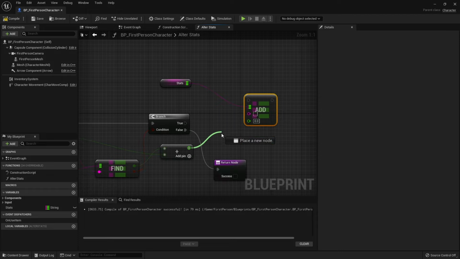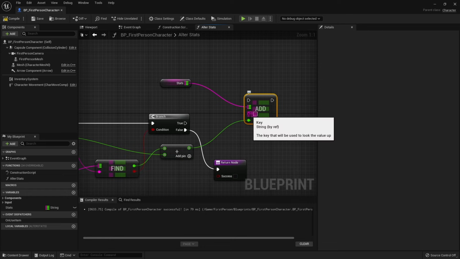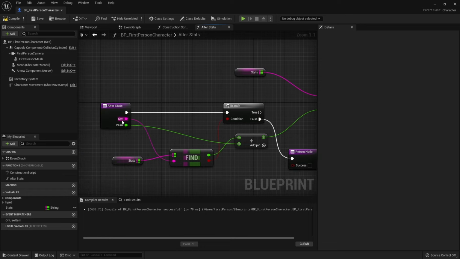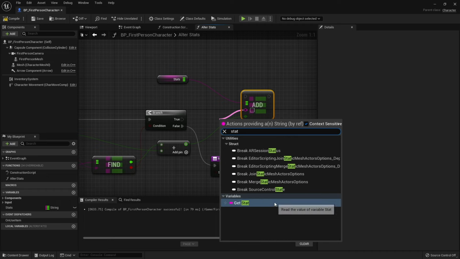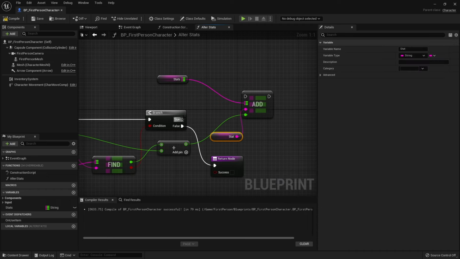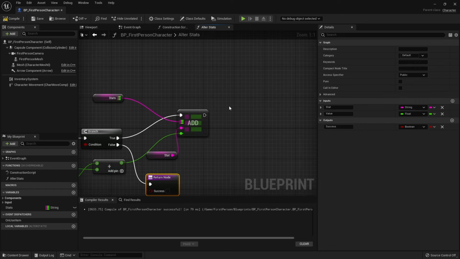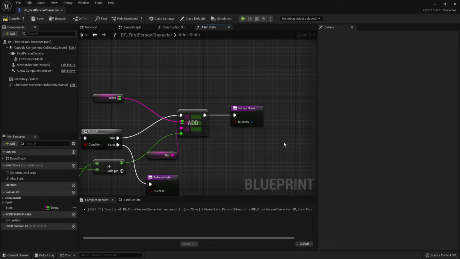So the value we want is going to be this green one from our add node. The pink one, the string, is going to be the stat, which I can just search for here if I wanted to, rather than dragging lines everywhere. And then the true goes to add here. Then we'll tie things off with return node returns as successful. Okay,